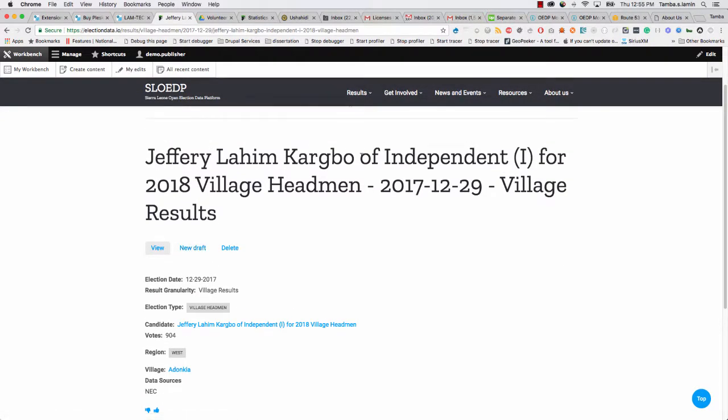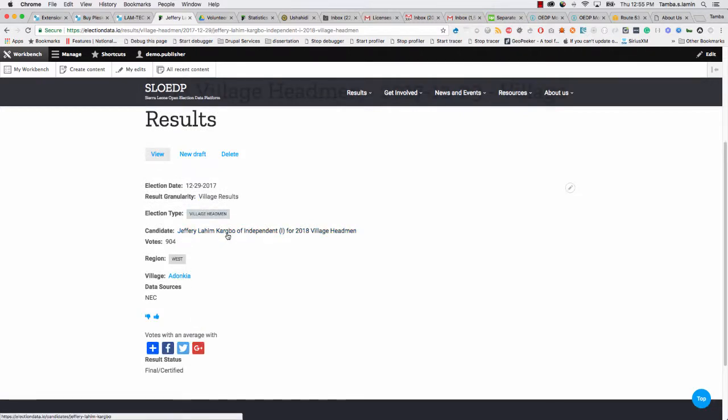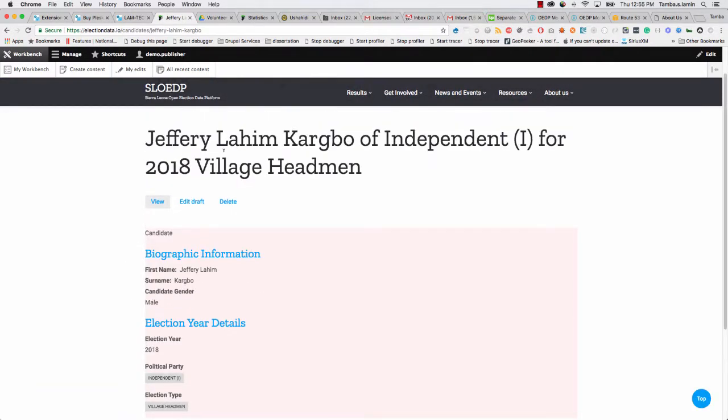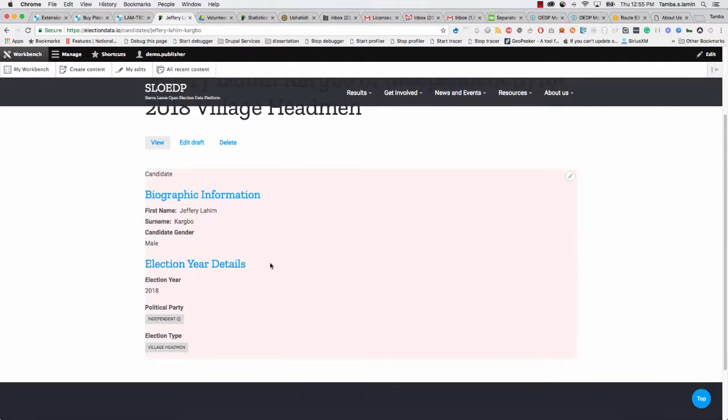You can see Jeffrey Kagbo of Independent for 2008 village headman, and then you can see the date and everything else, and his profile is here. If I click this, you will see that I'll be able to go to his profile. We didn't have much information about his profile, but it's there, and this is the information that we have about him. If I go back,